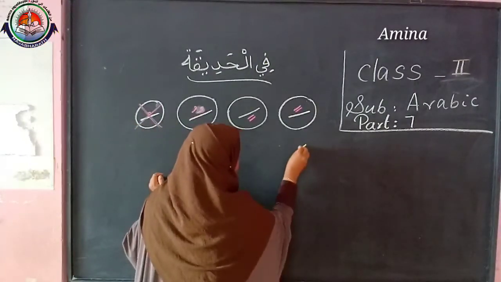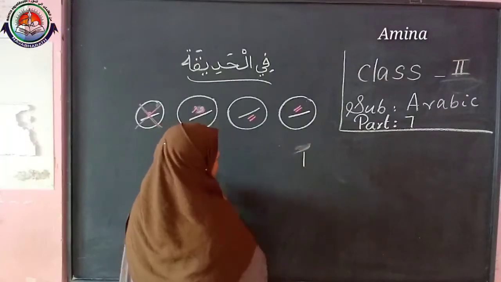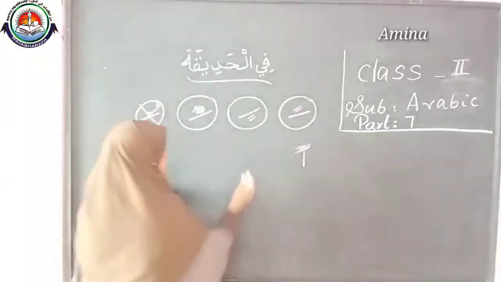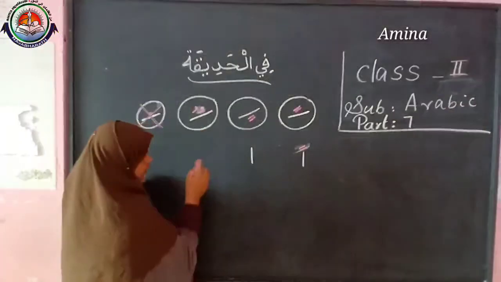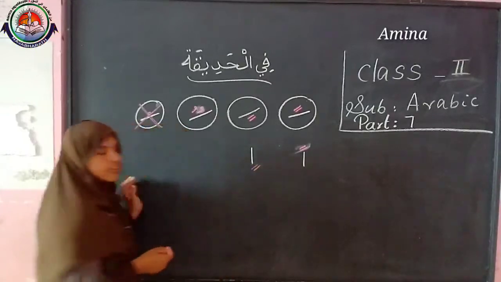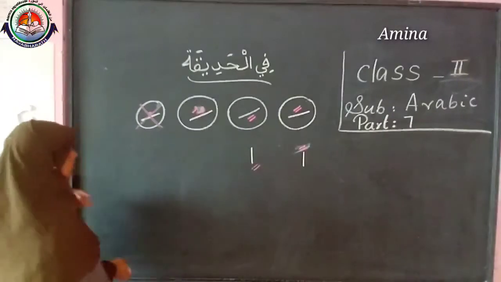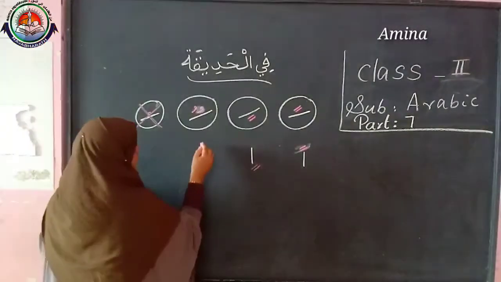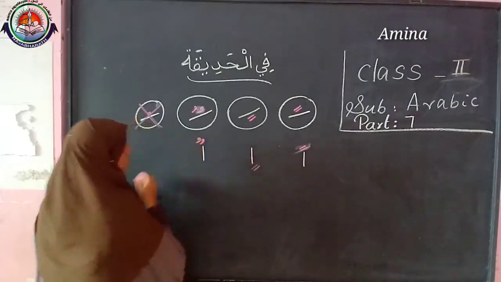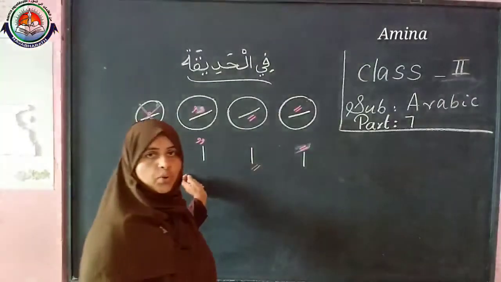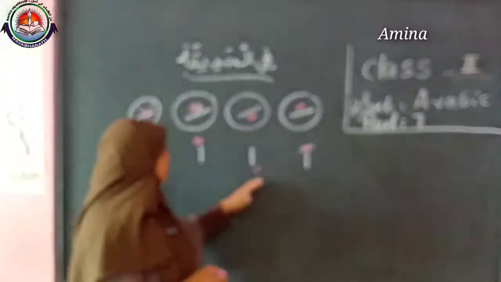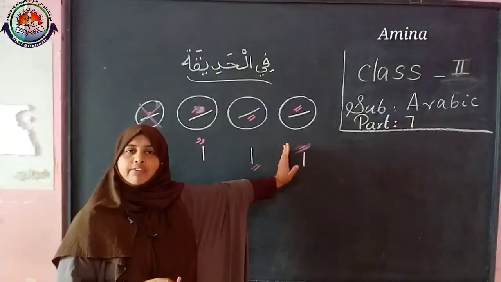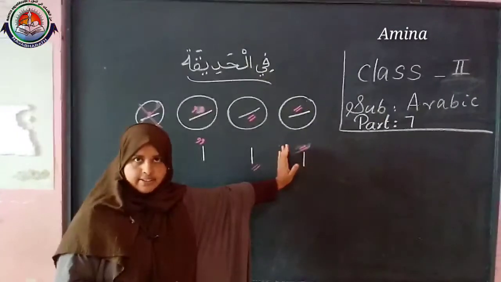above the letter Alif. Then we can read it An. All of you read it An. The same thing, if I put it here, it will be In. If we write Alif and put double Damma, we will get the sound of Un. This will be the same for all letters. But double Fatha will be changed for some letters.